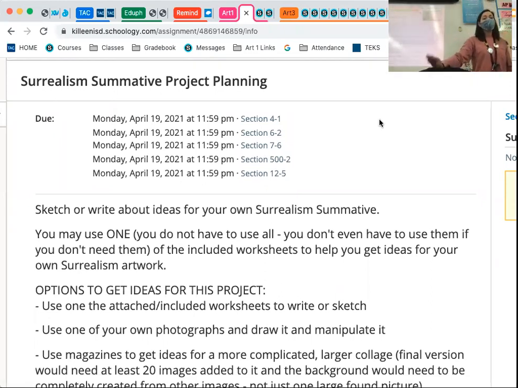Okay, so this is the Surrealism Summative Project planning project. So I'm going to be giving you multiple options for your summative. Originally, I had told you guys here in person that it was going to be half collage, half drawing. That is one of the options, but I realized that we're kind of at the end of the year, and